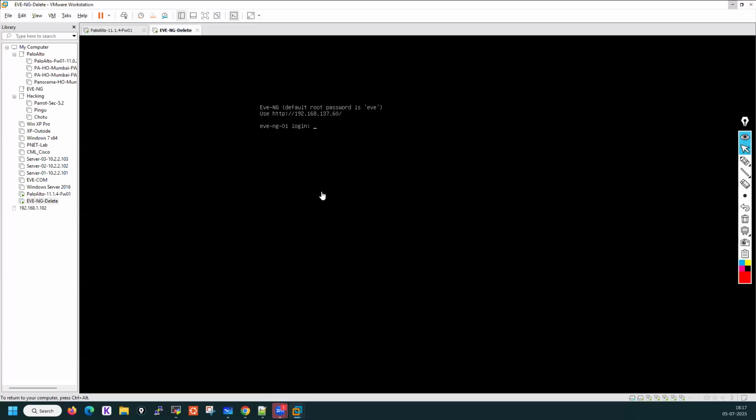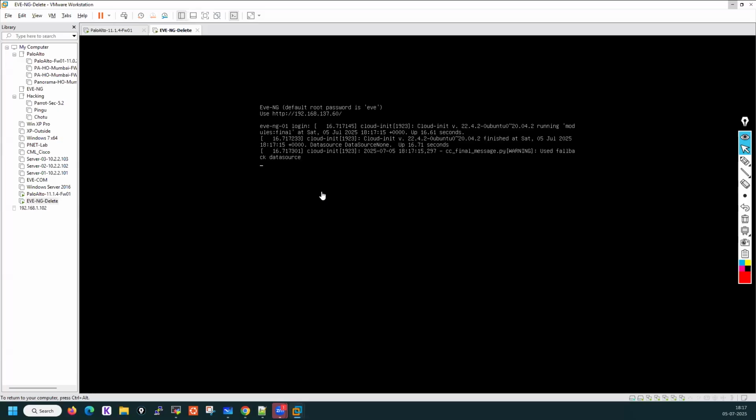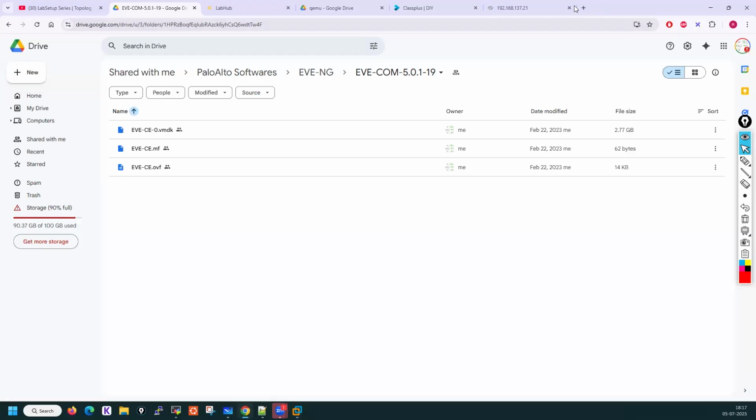Now you can see my EVNG has been rebooted, and you can see it got the new host name. It has a new host name, and you can see the new IP address is also there. Now we don't need to log in again into the CLI. Okay, I'll directly go into my browser,